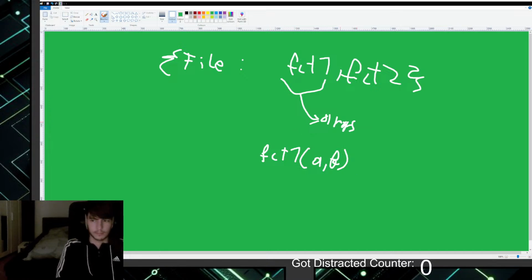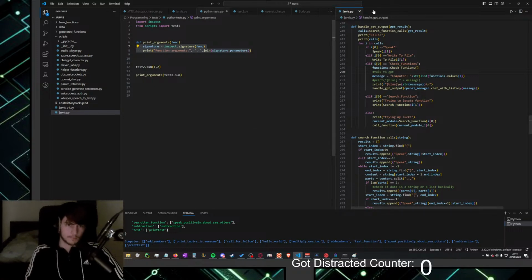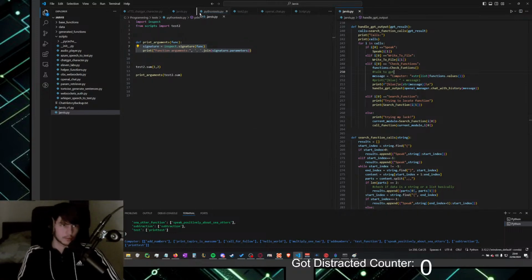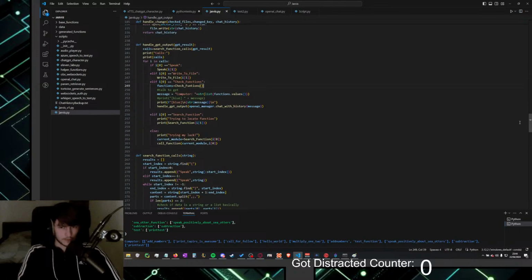Why is that open? Where is the thing? Ah, here. Okay. So, I should probably throw it back over here. So, in the check functions thing, I should.